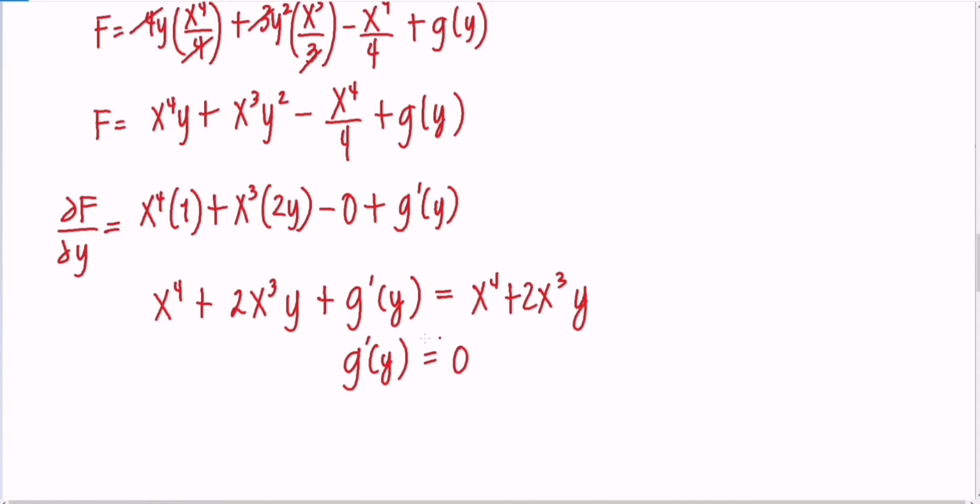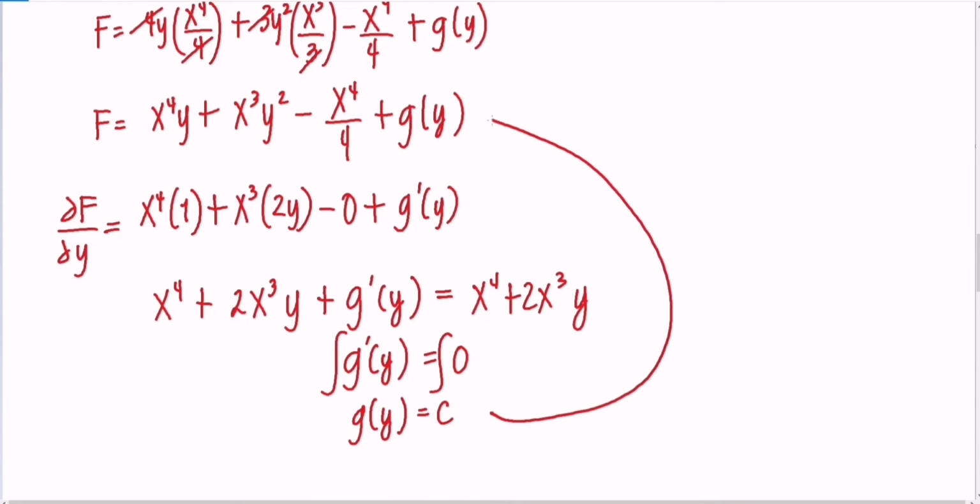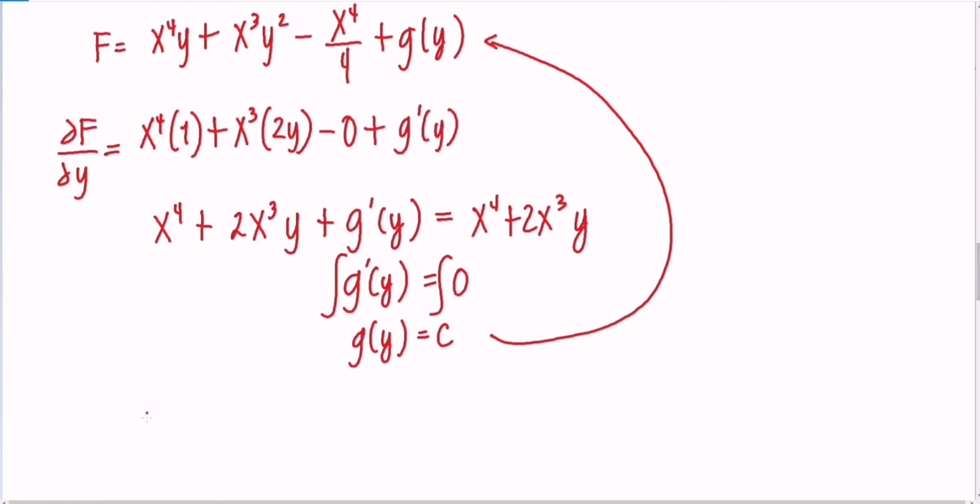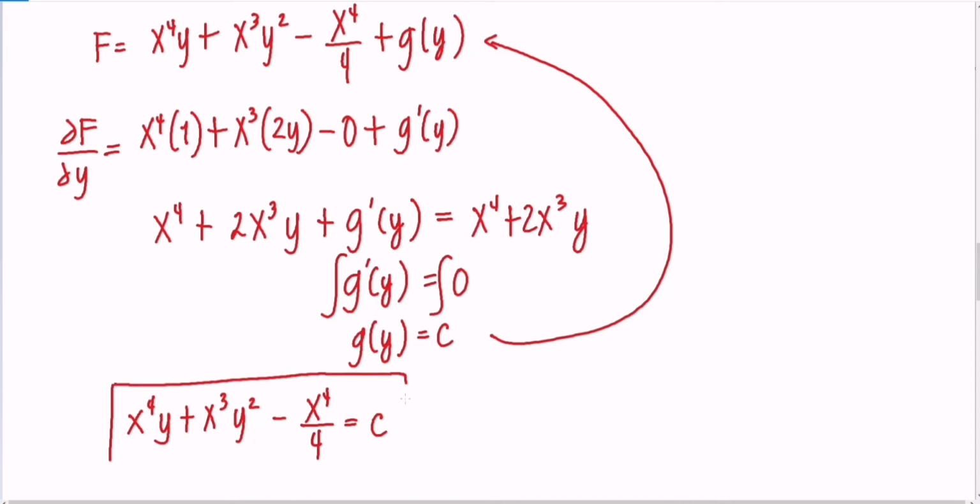So, magiging 0. And then, to get rid of this prime, integral natin sila. Okay? So, ibig sabihin, ang g of y is the integral of 0 which is constant. So, ibabalik lang natin yan doon sa may f. So, ang final answer natin for this equation, differential equation is x raised to 4y plus x cubed y squared minus x raised to 4 over 4 is equal to c. So, yun na yung g of y. C na lang. Okay? So, the final answer is this equation. Okay? So, x raised to 4y plus x cubed y squared minus x raised to 4 over 4 is